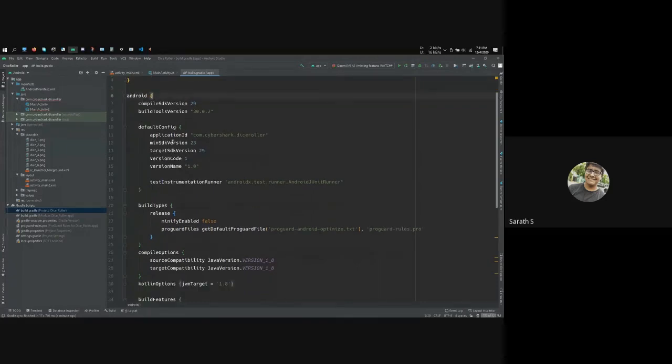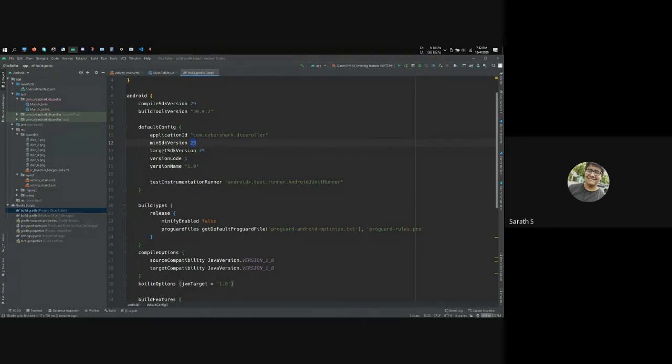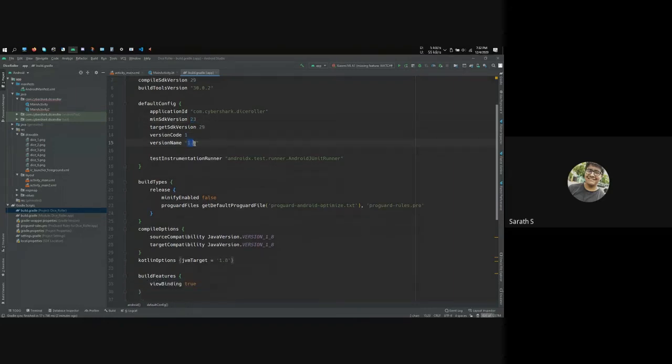This basically holds the configuration for your app. If you want the app to just run on KitKat and above, you would mention the minimum SDK version given here. Minimum SDK version is the minimum Android version your app can run on. If you can only run it on KitKat, you just give the version code here. KitKat is 19. What I've given here is 23, which is Marshmallow. You could just look it up easily. The numbers, you don't have to remember. And then the version name for the app. If you have version 1.0, 1.12 like that, you just change the version name here.